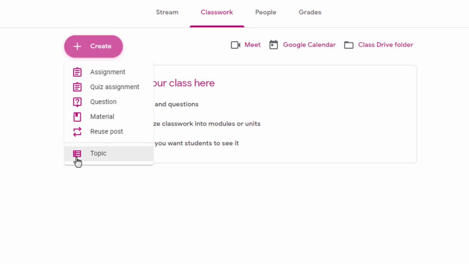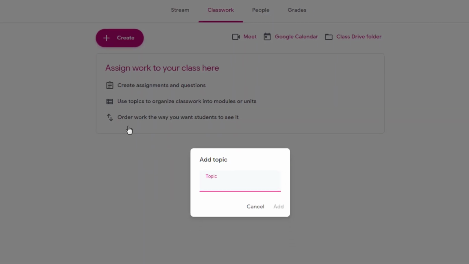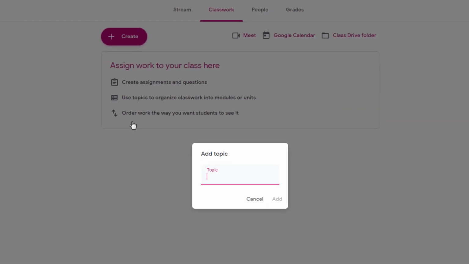Now, if you have a classroom curriculum already defined, you would be able to easily replicate this using the topics section. Before I start creating my curriculum on the Google Classroom, I would start by adding topics to this so that I have a structure which I can follow and start feeding my course materials into. Over here, let me just say introduction to Magic Math. Okay, and I'll say add,